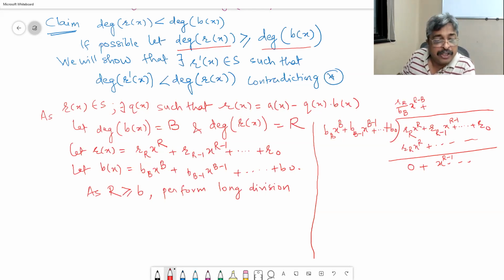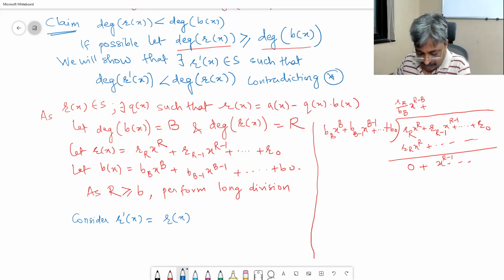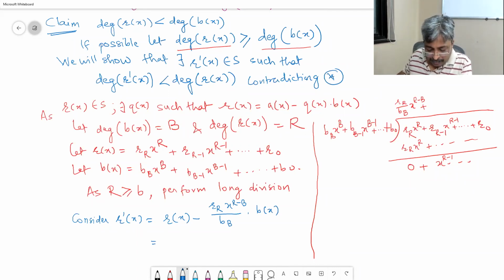So consider R dash, which is equal to R of X, that is this, minus what you have got here, RR upon BB, sorry, RR upon BB, R of X minus RR into X raised to R minus B upon B into B of X. So if we simplify this a little bit, what we will get is